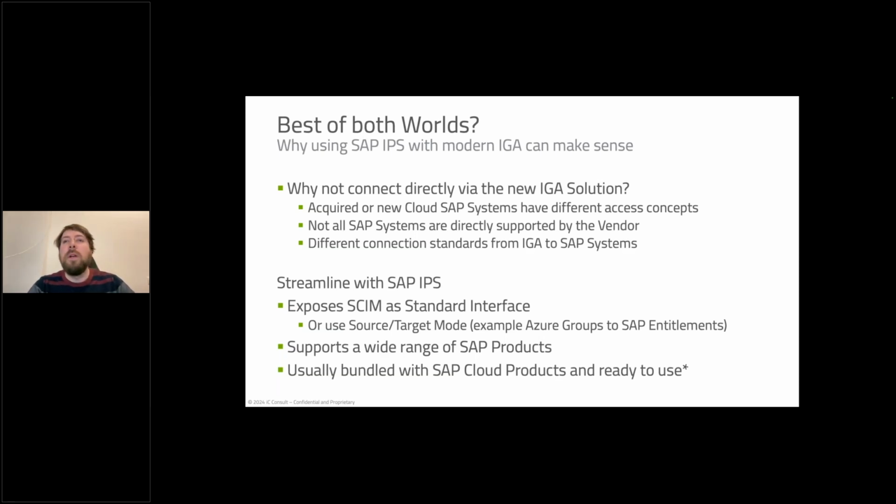So it can also be used to push data into Azure. It can also be used to push data into Active Directory. So it can be used in a wide range of ways without really using an IGA to push data from A to B. And it's normally included in an SAP product or a modern cloud product. So you don't have to really acquire the licenses. Although, depending on the model of SAP, you have to check how many calls during the day are possible, and will I get extra charge if I use this cloud connector? So how many calls, and will this cost extra or not?